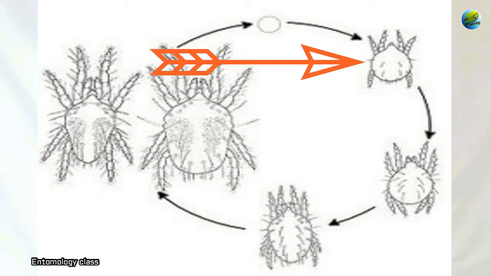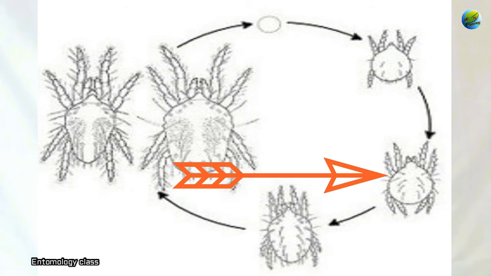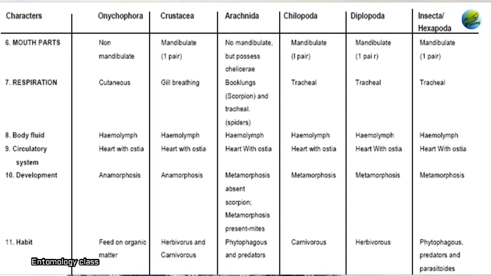The larva has 3 pairs of legs, and the nymph has 4 pairs of legs. It is one of the special features of the mites. But classes like Onychophora and Crustacea don't have distinguished developmental stages, so they are called